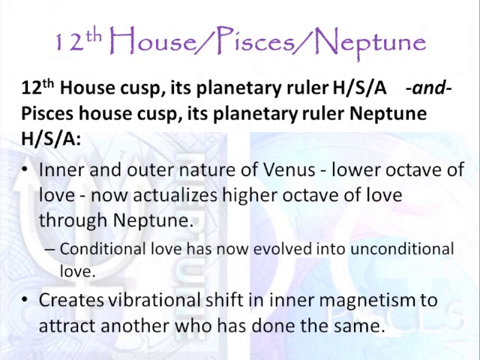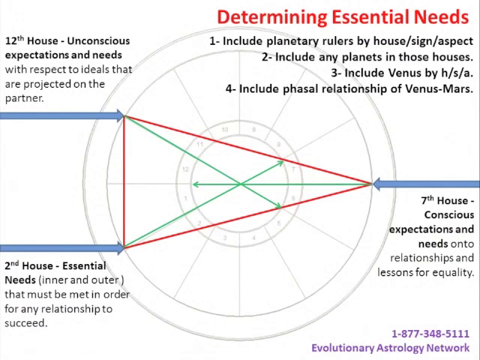So here we're just describing that whole process of expansion in consciousness through this yod, and moving, in a different way of saying it, from consensus, individuating, and spirituating. And I'm not saying 2nd is consensus, or 7th is individuating, or 12th is spirituating. Consensus, individuating, and spirituating exist on each of these house cusps.